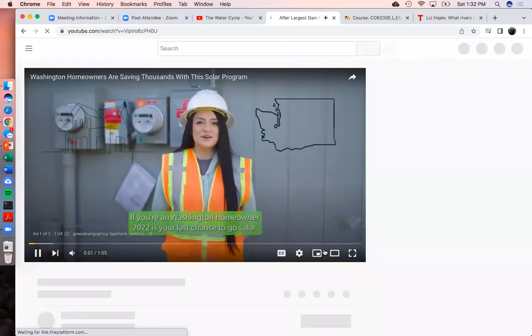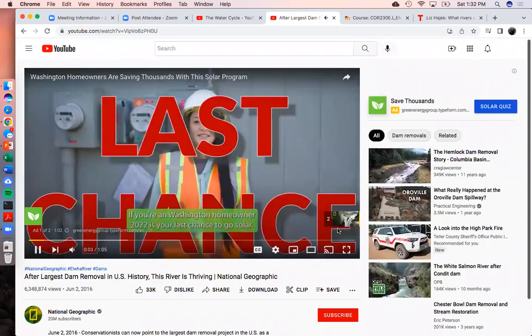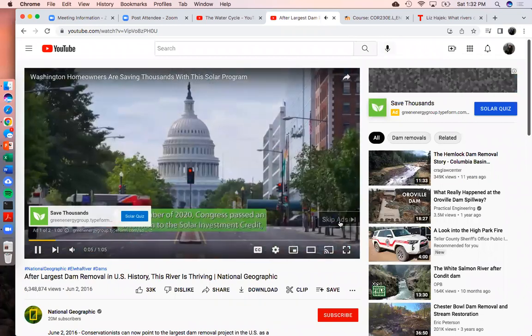If you're a Washington homeowner, 2022 is your last chance to go solar. In December of 2020,